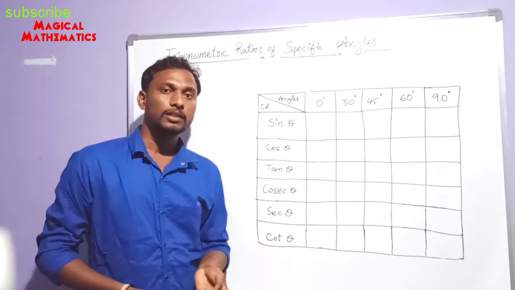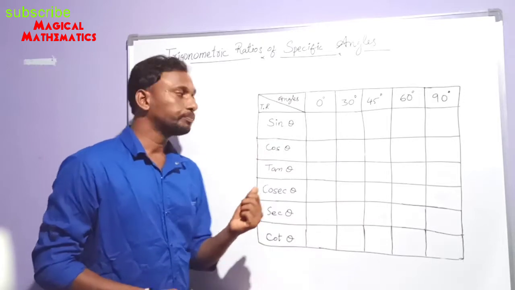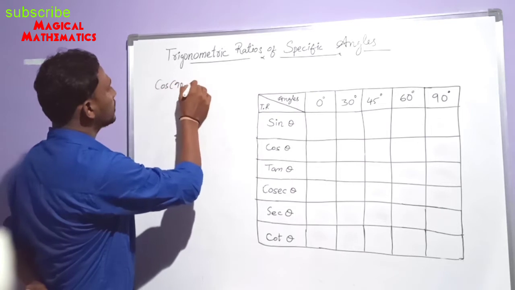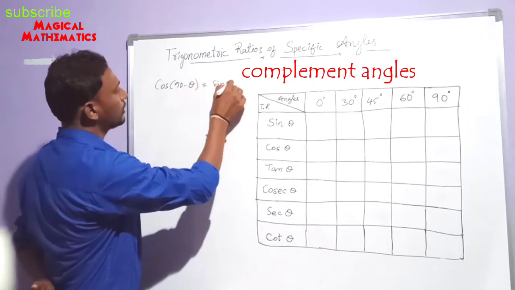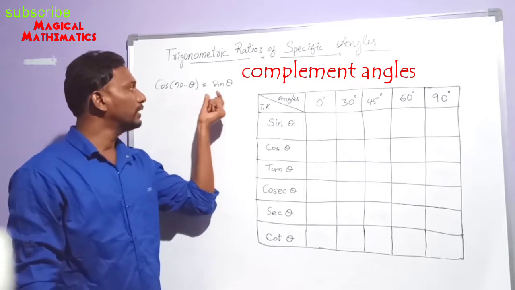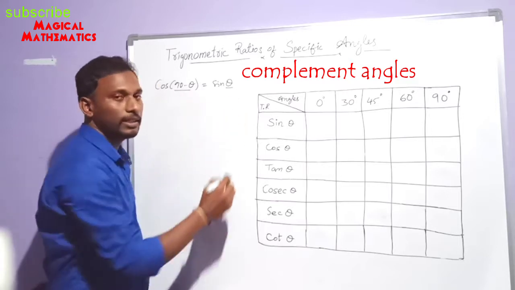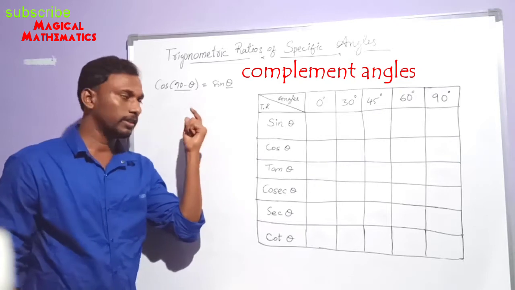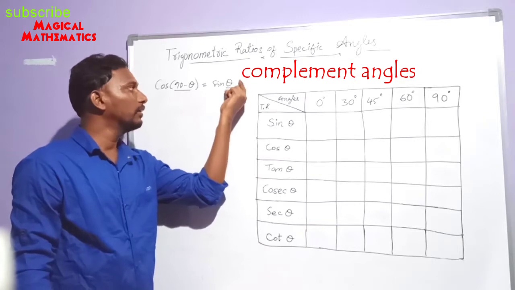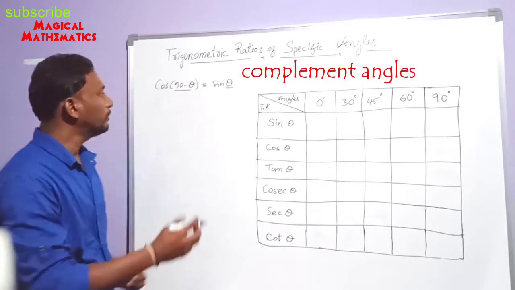Another relation is the complementary angle relation. So let us observe that. We know cos of 90 minus theta is sin theta. Observe here, 90 minus theta and theta are both complementary angles, right? So if you know the sine values for any angle, the cos value of its complementary angle is equal to it. For example,